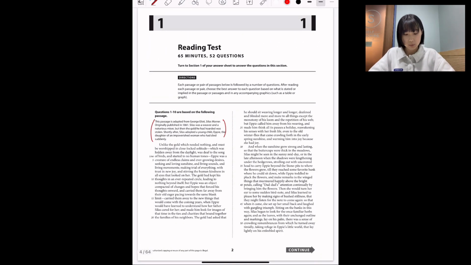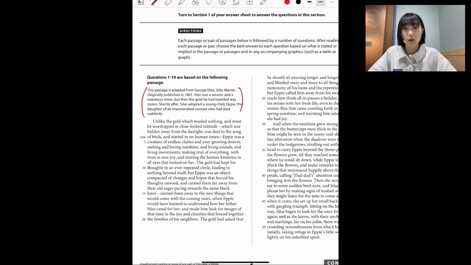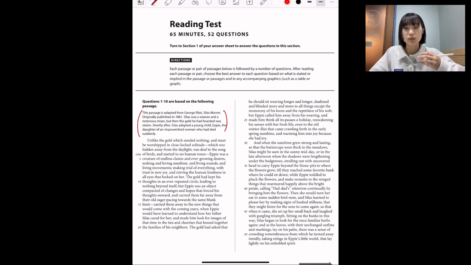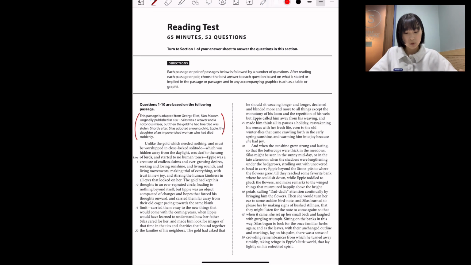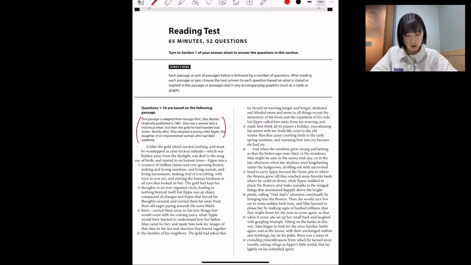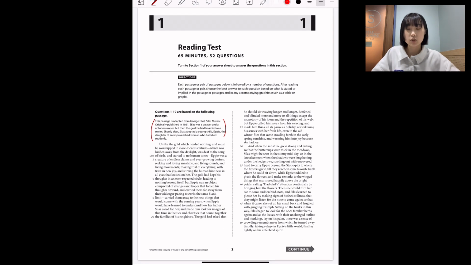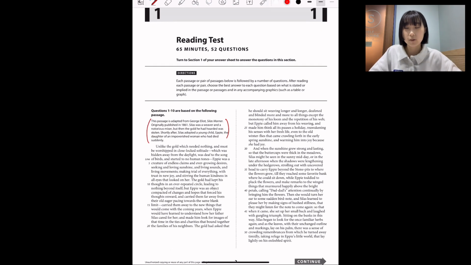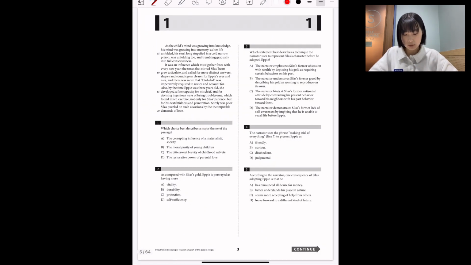If you look through the passage, you'll be able to see that basically it's a story of how this, I'm not exactly sure of the whole book because I haven't read it, but just looking at this passage, it seems like this person who was obsessed with money and gold adopted or found some child that he needed to take care of. Her name was Eppie, and Silas, as the protagonist, took care of this child. He could find changes in himself. He could find that his materialistic values started to disappear, and he started to find newfound love for life. That's basically the whole story of this passage.